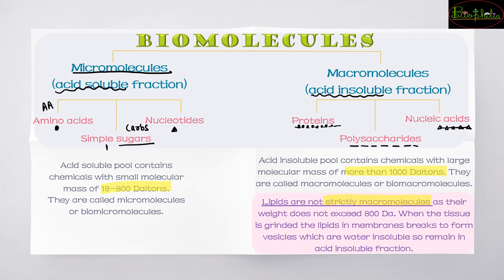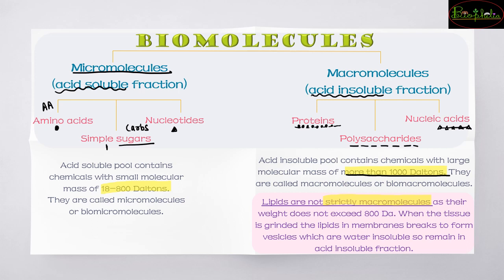Why are they not strictly macromolecules? This point becomes important because macromolecules के definition में we have seen over here that the molecular weight should be more than 1000 daltons. Then you call it a macromolecule. And the other component is it should be acid insoluble. But in the case of lipids, it is acid insoluble, but its weight does not exceed 1000 daltons. It is less than 800 daltons. That makes lipids not a strict macromolecule. यानी वो acid insoluble तो है, but it is not fulfilling the category of the molecular weight to be more